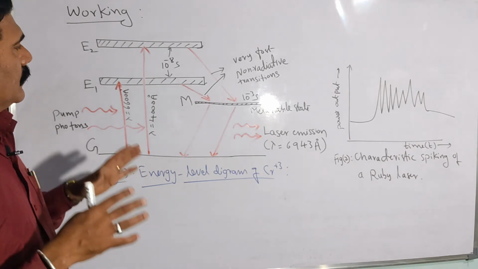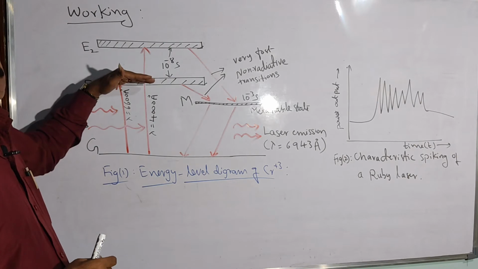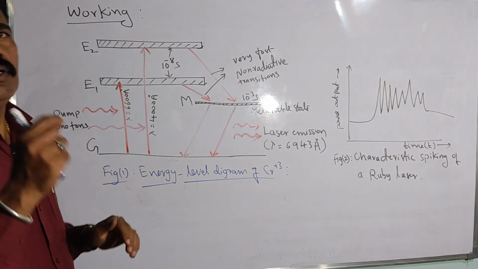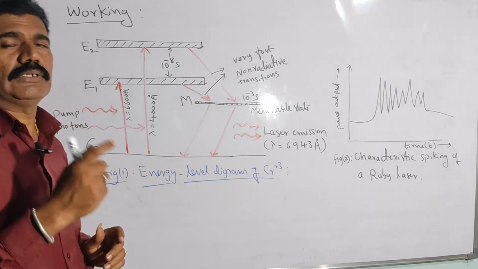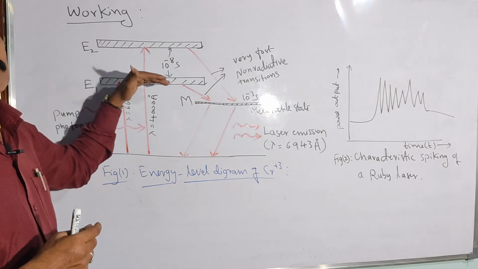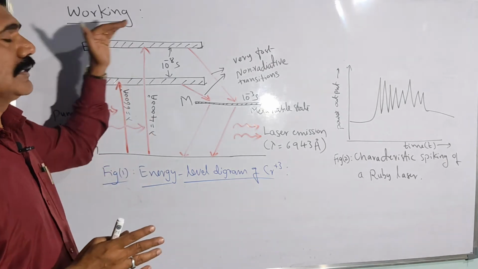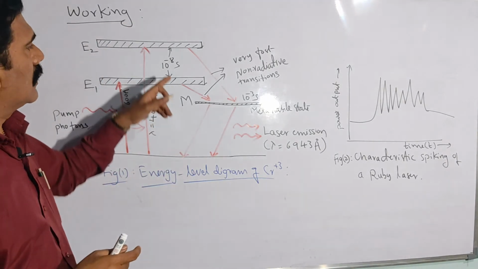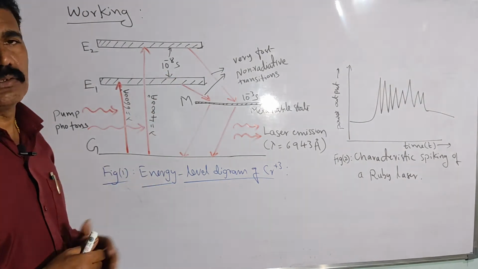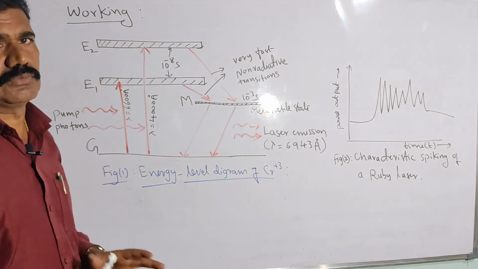In this energy level diagram we have to understand that the excited chromium ions will go to the energy levels E1 and E2, but within a very short interval of time, because these energy levels will not sustain the atoms in the excited state for a long time. The lifetime of the chromium ions in the excited state is very short, in the order of 10 to the power of -8 seconds, or even less than that. So the excited chromium atoms have to come down to the ground state, right?